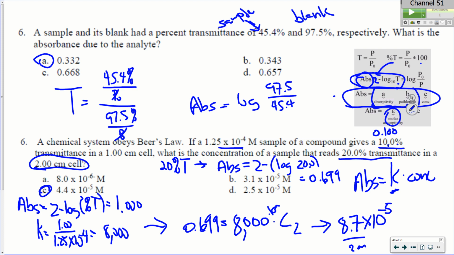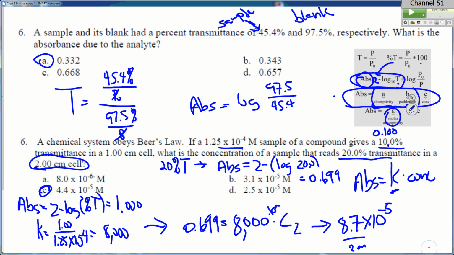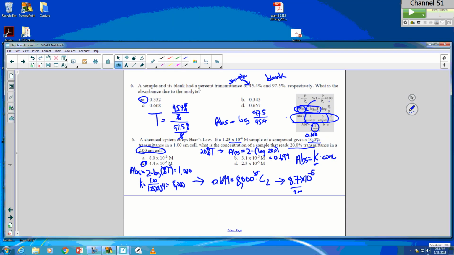Okay. Well, that's for the most part the end of this chapter. I really encourage you to look at problems like this, the ones at the end of the chapter. Look at the ones from your old analytical book. There are some analytical books in the seminar room. Make sure you can do these Beer's law things. It's the things we've been doing in the lab, but make sure you can do the conversions from percent T to absorbance. Okay? Be proficient with those, because we're going to apply those same types of calculations to every different type of technique that we do.